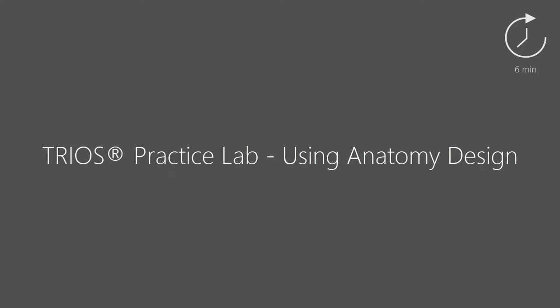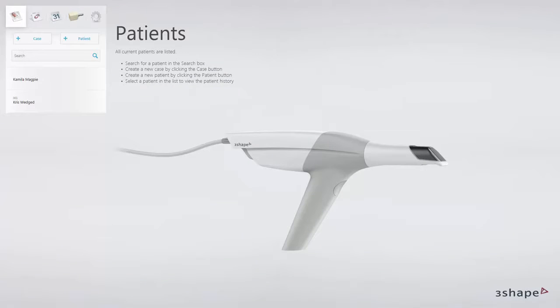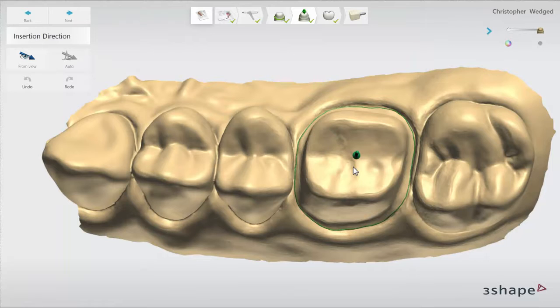In this video, we will explain to you how to use TRIOS Practice Lab design tools. Practice Lab solution is a complete digital workflow with fully integrated CAD/CAM module. That solution is dedicated to dental practices that would like to keep in-house production of restorations like crowns, inlays, onlays, veneers, and bridges. To get to the designing tools while being in the crown module, simply click Next after the